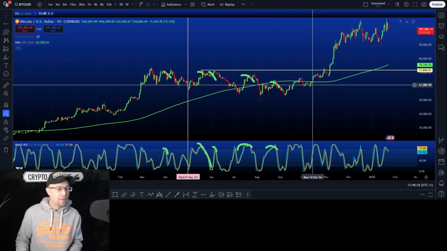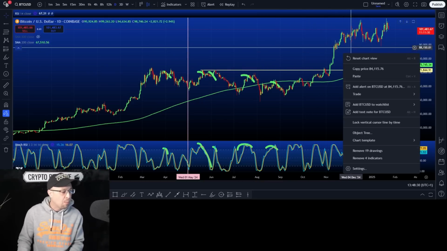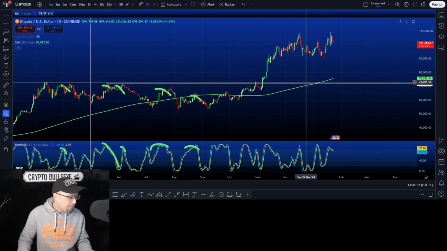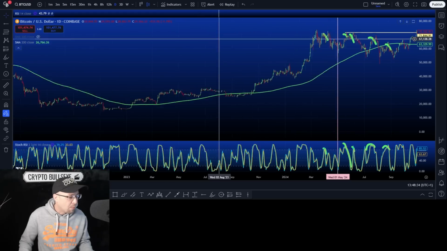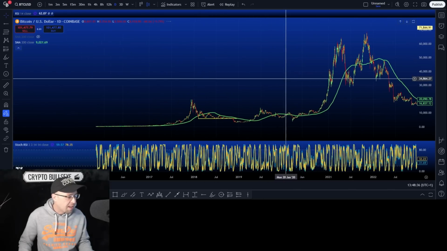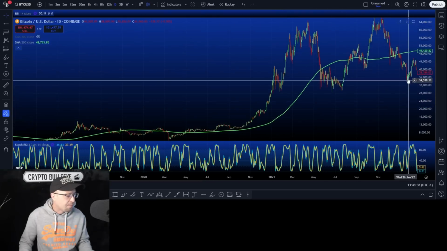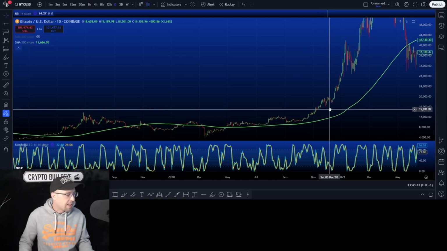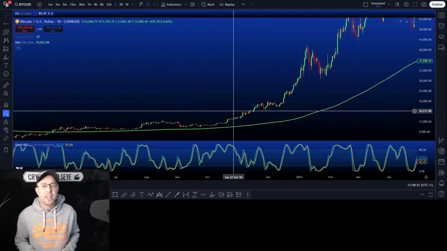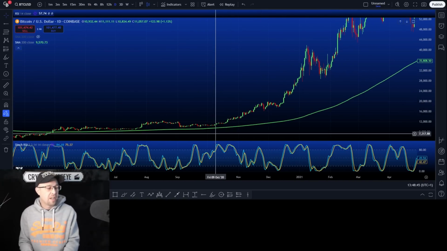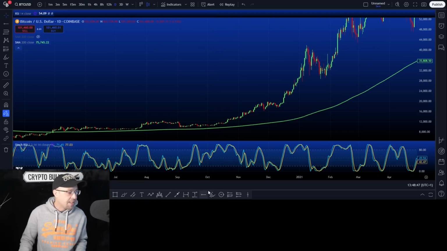Ultimately, you break through the moving average, then you start trending upwards. So let's have a look at this when it's trending upwards. What does it do when it's trending upwards? You can see here, look. When you're putting in higher highs and higher lows, this is a good signal,